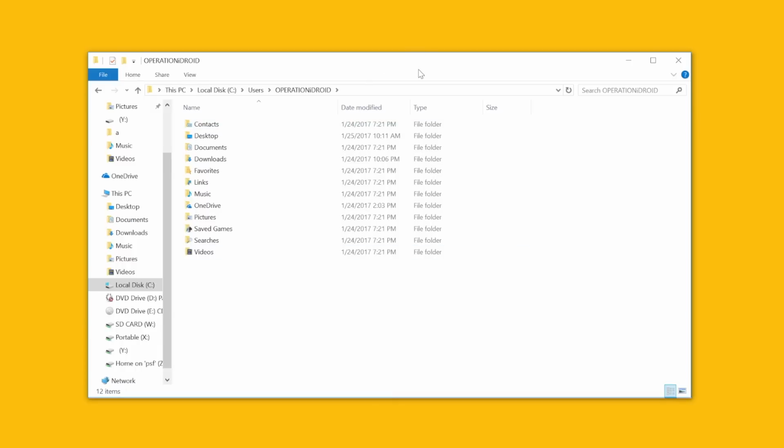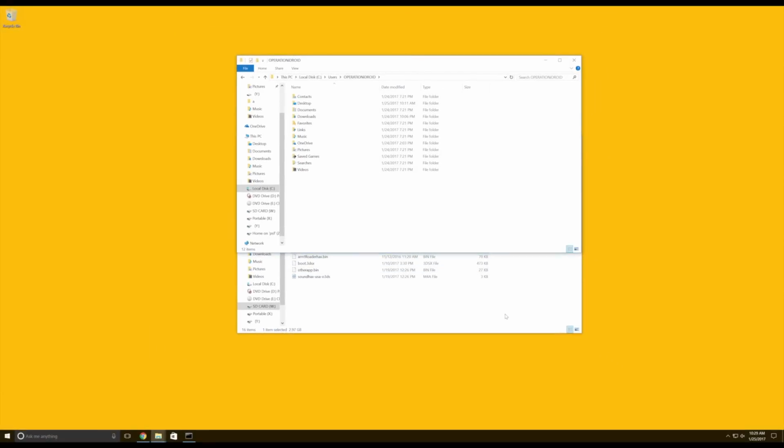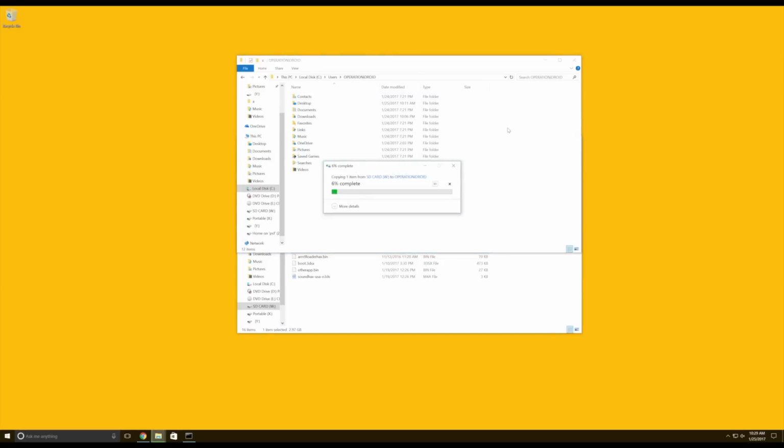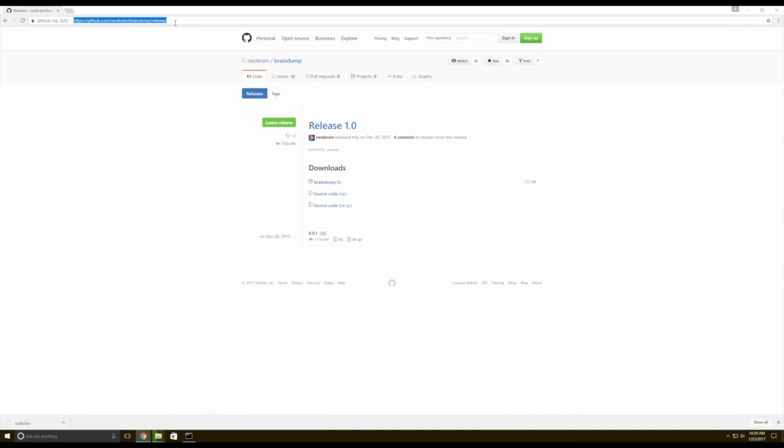So go to the directory that your command prompt told you it was on, and in this directory we're going to transfer that extremely large CXI file that we had. So from your SD card, drag that CXI file into your directory that command prompt told you it was on. Now this will take a while because it's a big file,